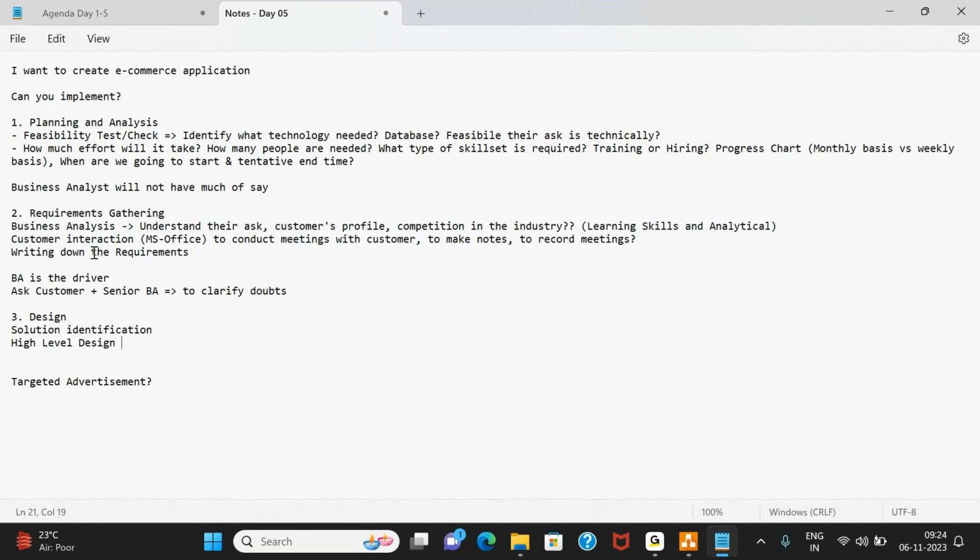Now, after doing all this, once you have the requirement document ready, we'll go on to the next part. We take the requirement document as input and try to identify a solution. This solution will be a simple